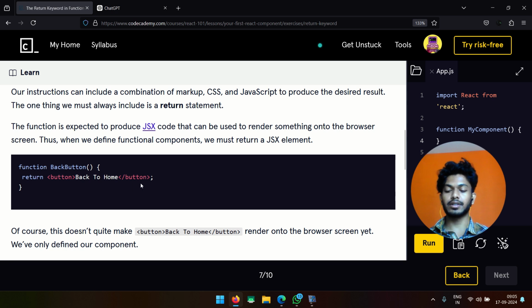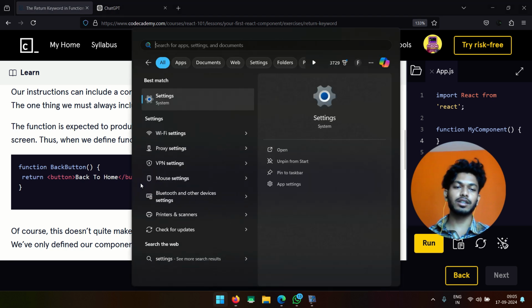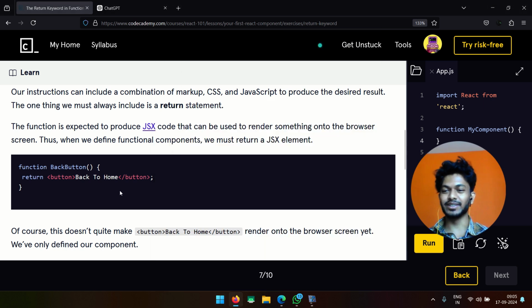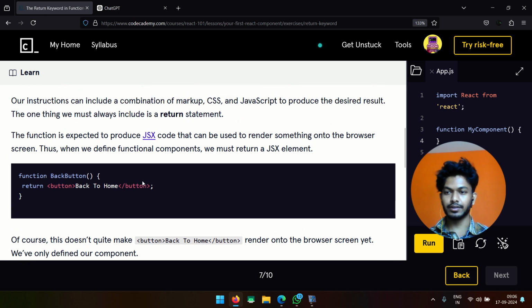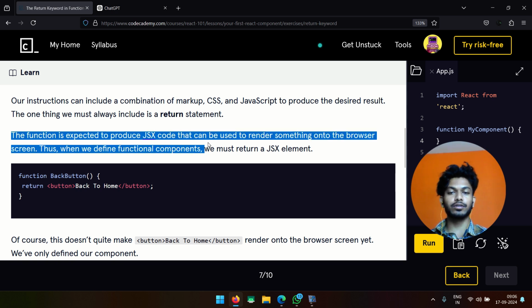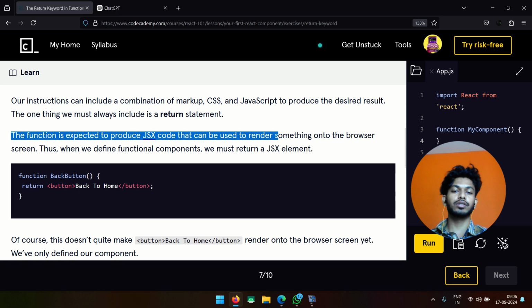So here you have used a JSX expression, right? HTML is there, text is there. So the function is expected to produce JSX code that can be used to